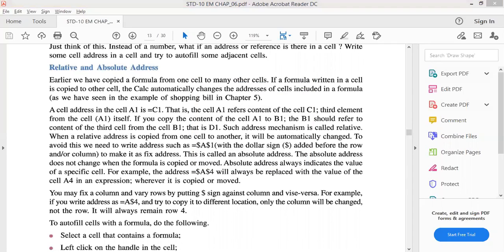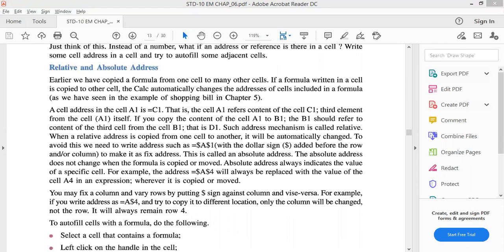Did you remember? I wrote this formula, C2 into D2. Then it's not necessary to write here again C3 into D3. What we can do, we just select this and we just drag it.